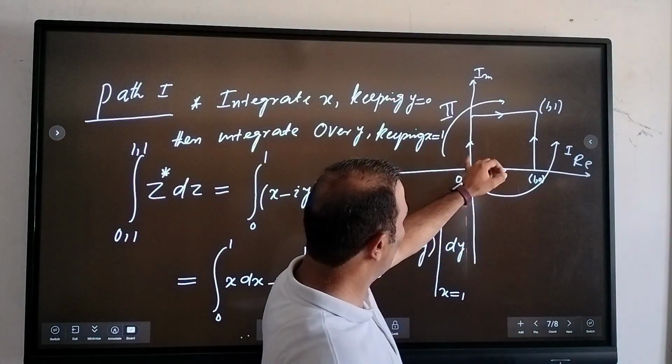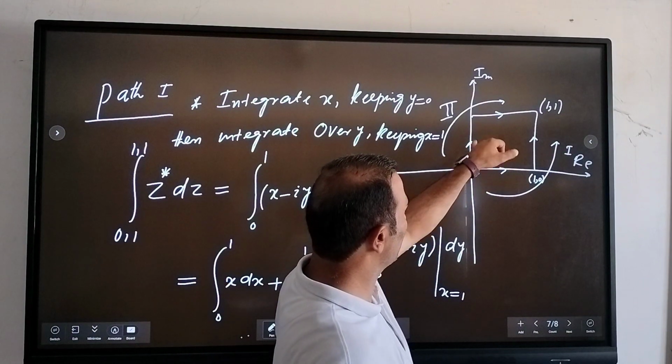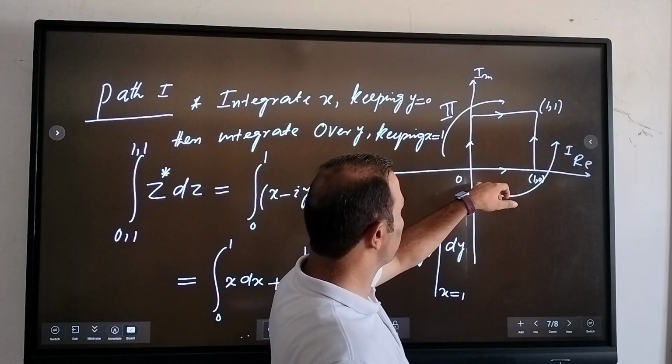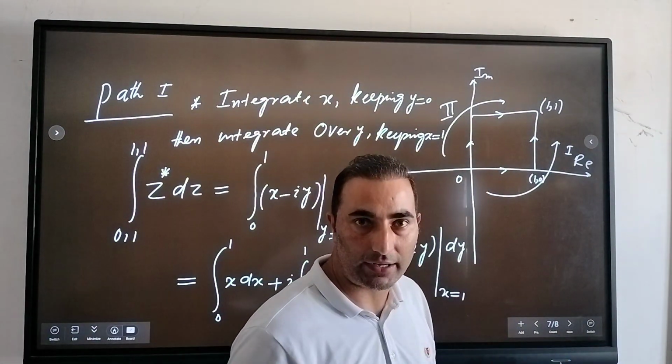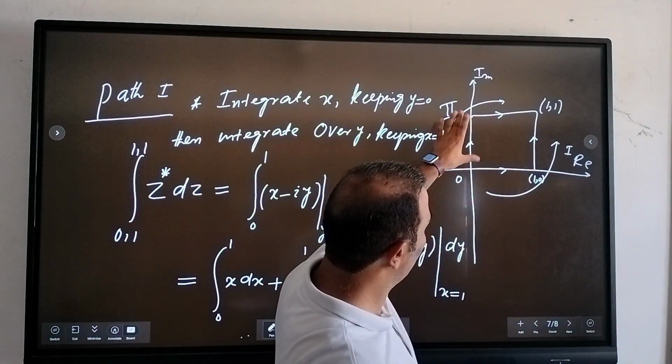So integrate over that y, putting x equal to 0 because यहाँ पे 0, there will be no change in x along this path, right, and then